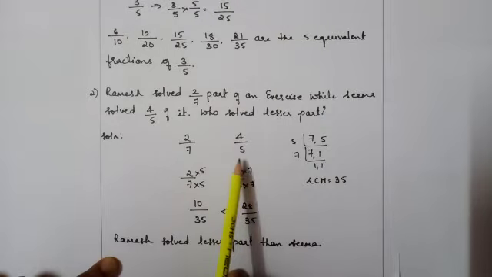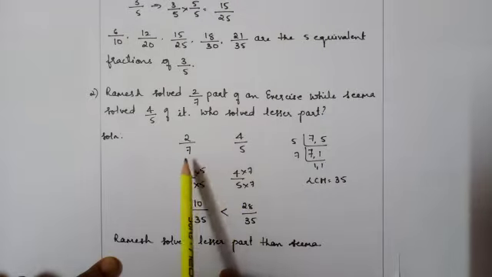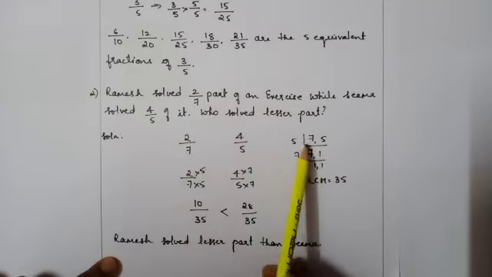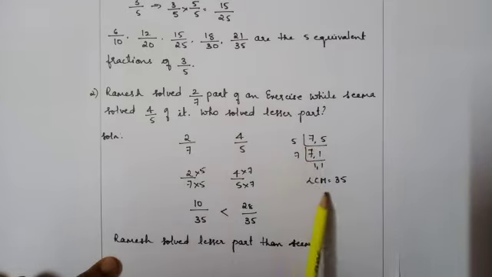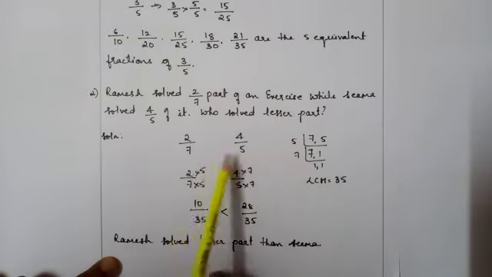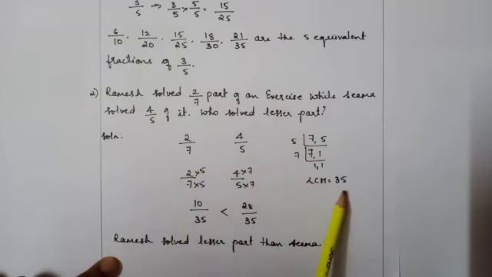So we can't compare them directly. I'll take the 7 and 5 out and I'll calculate the LCM for them. That is 5 ones are 5, 7 ones are 7. So the LCM will be 35. 5 sevens are 35. Now I am supposed to convert the denominators of these two fractions to 35.